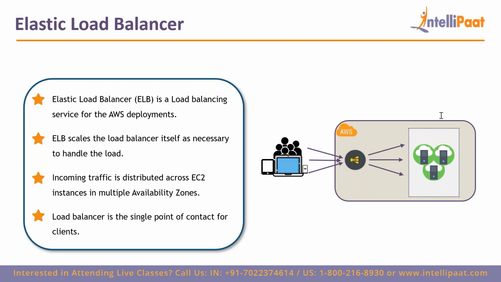So let's say you have your servers on Azure, then you can get the IP address from that Azure, then you can use that on ELB as well. So ELB scales the load balancer in the sense, so let's say you create an elastic load balancer. Once you create that, there might be any number of servers behind it, it doesn't care. The only thing ELB knows is whenever there are a lot of connections, it automatically scales the number of connections coming in. So it'll automatically scale it up.